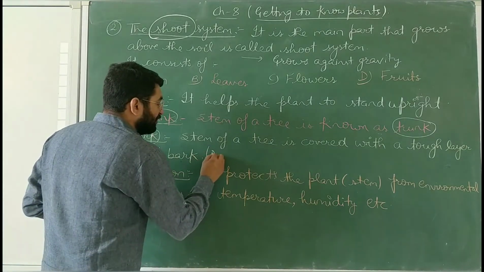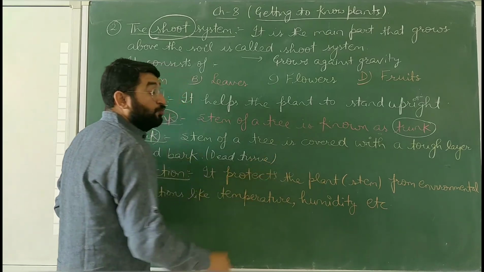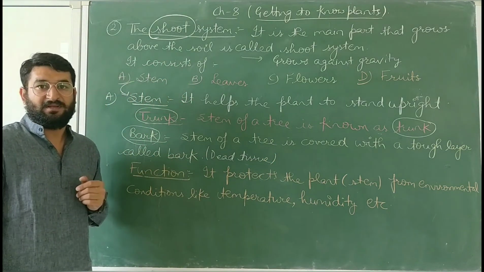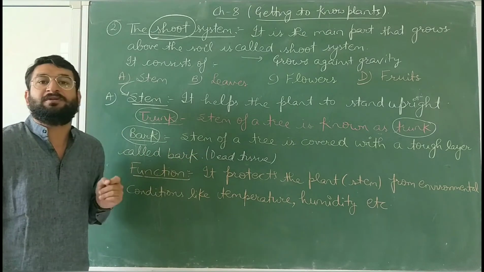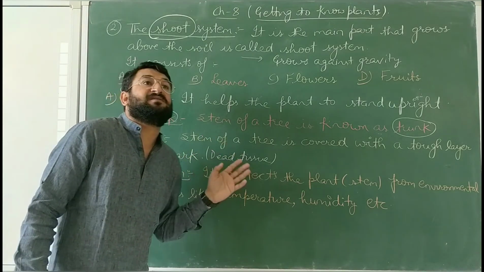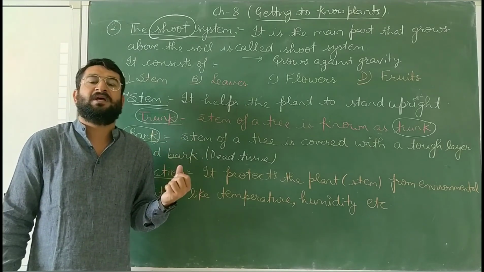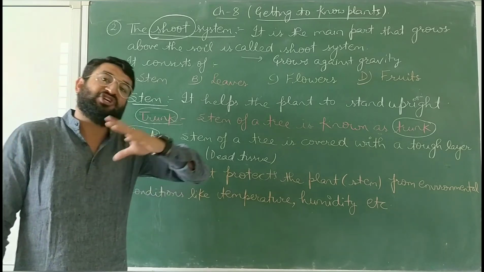Actually, bark is a dead tissue. Just like hair and nails in case of humans, bark is the dead tissue of a plant. What purpose does that bark serve? It's a very important question, 1 mark question. What is the function of bark? Bark protects the plant, protects the stem, cells of the stem, tissues of the stem from the environmental conditions, from the temperature changes,